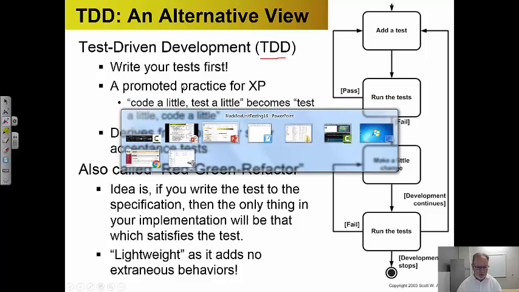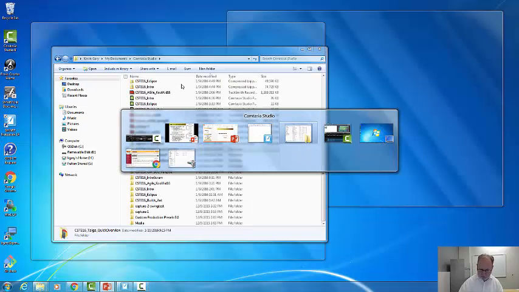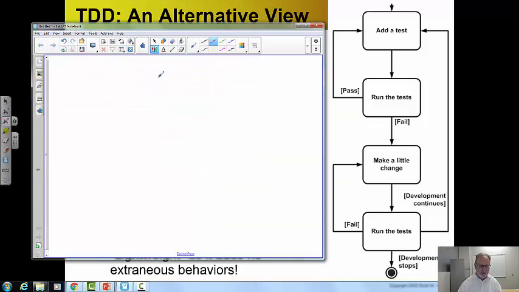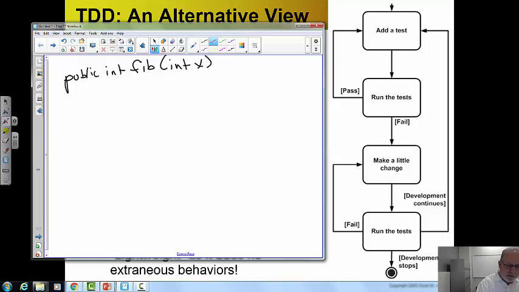Let me see if I can switch out to my test case. So I'm going to try and write better with the digitizer here. I might have my public int fib(int x), right? That's my method signature. I'm not going to worry about throwing exceptions or anything else. And I'm going to compute that Fibonacci